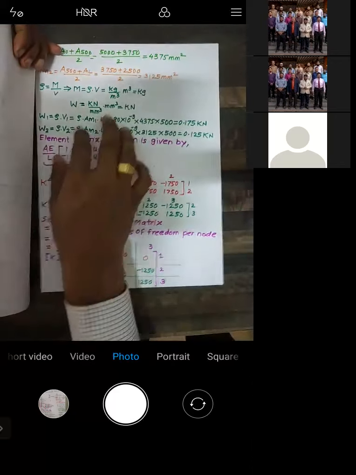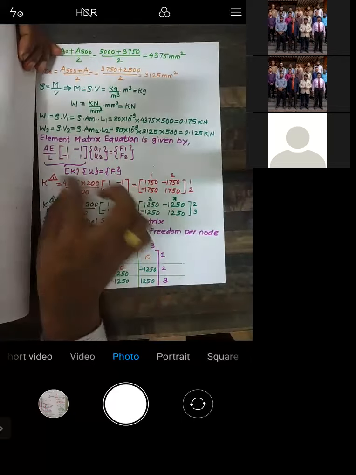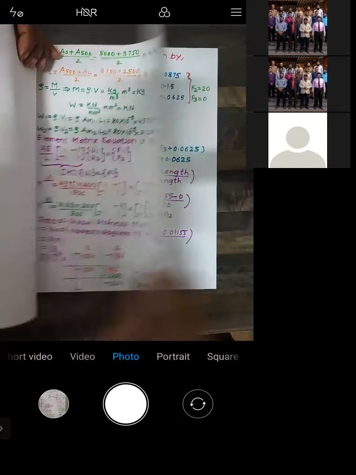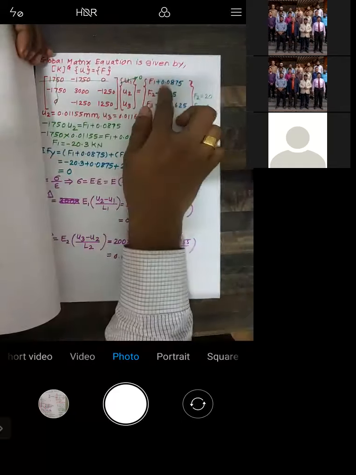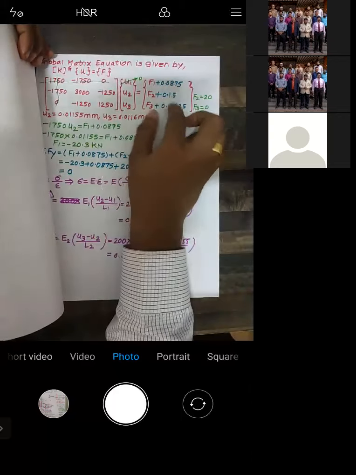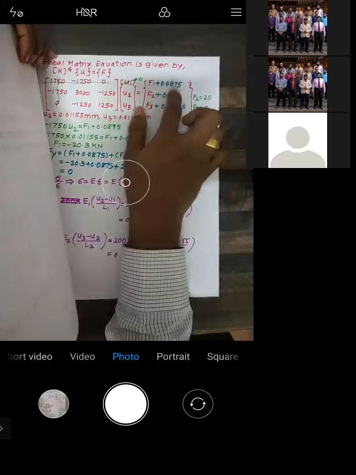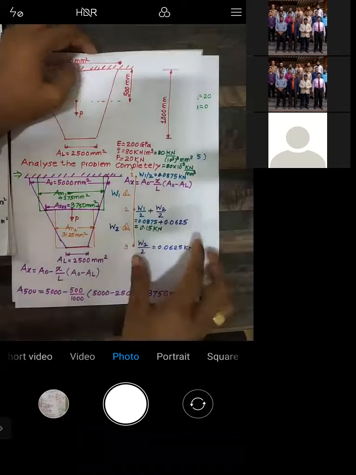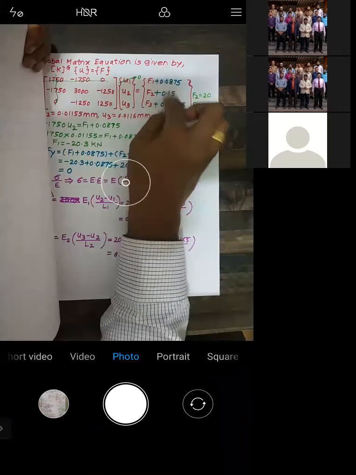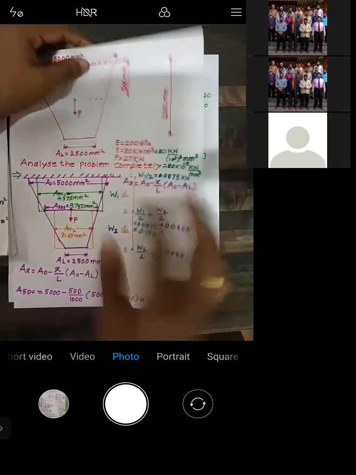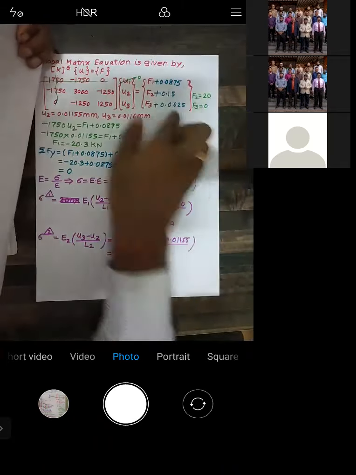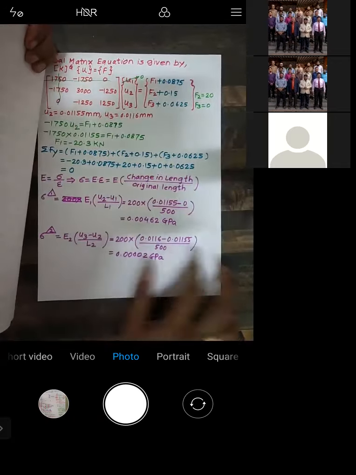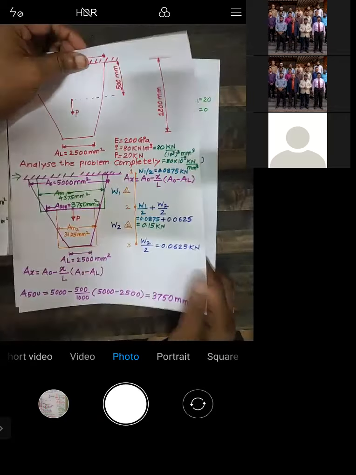Once we have the weight, we have distributed it, and after that we have calculated element stiffness matrices. Then we have calculated the global stiffness matrix. Then we have taken this weight as plus, though it is acting down, and whatever load is going downward, that we have also taken as a plus value, because the weight acting downward we have taken as plus. With that we have solved this equation, checked the condition of equilibrium, and further calculated the value of stress. So is that okay to all of you?